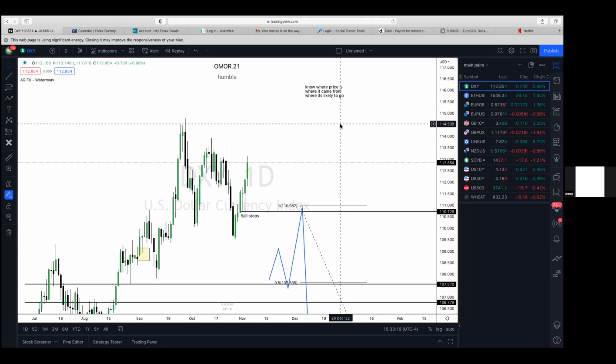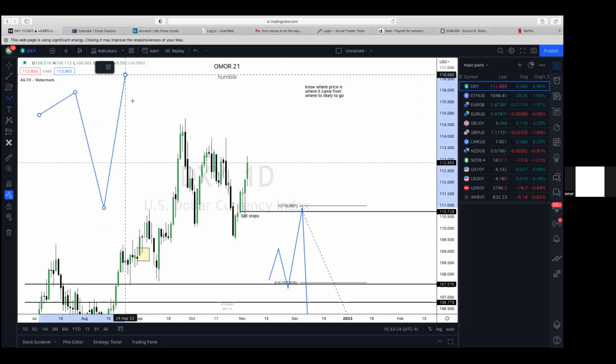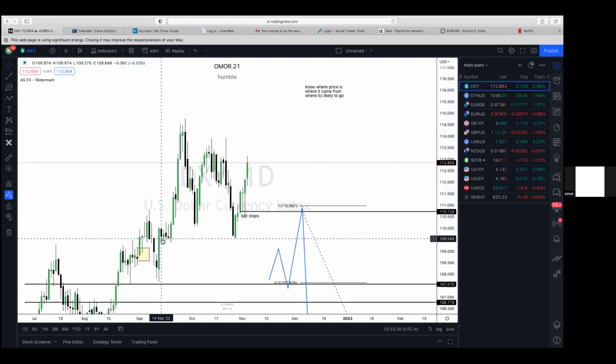But just alone, something like this, that's not going to give you anything. You can try it yourself. How can a model just give you a bias? In my opinion, it can't. Is a model going to tell you where interest rates are going? A model's not going to tell you whether the Fed is likely to raise interest rates. The model is the last thing you need to know. That's why it's the last thing taught in the mentorship.